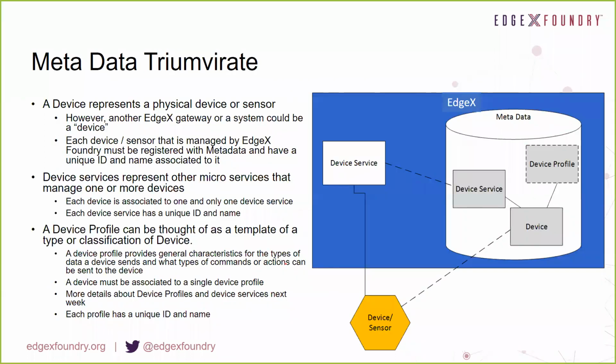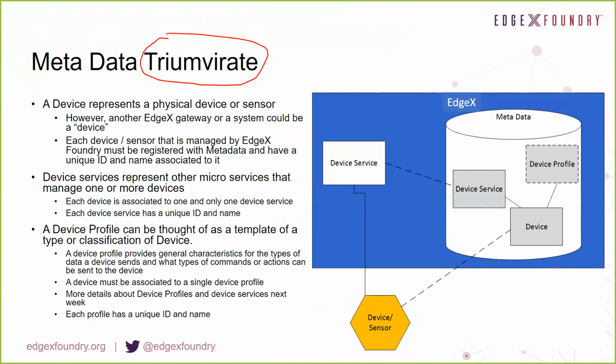Okay, let's get into some of the heart of what makes up metadata. Inside of Dell, we talk about the metadata triumvirate, which means that there are essentially three different types of objects, three model objects that are core to how metadata operates. These are what are actually persisted inside of the metadata repository, inside of the Mongo database for metadata.